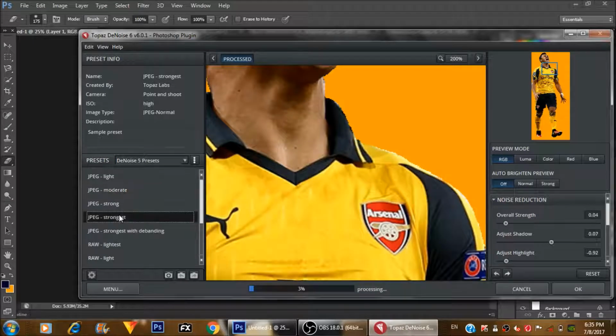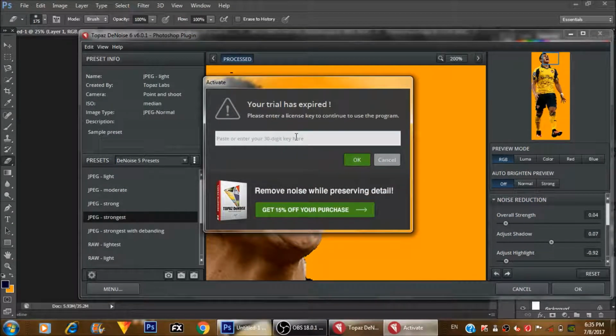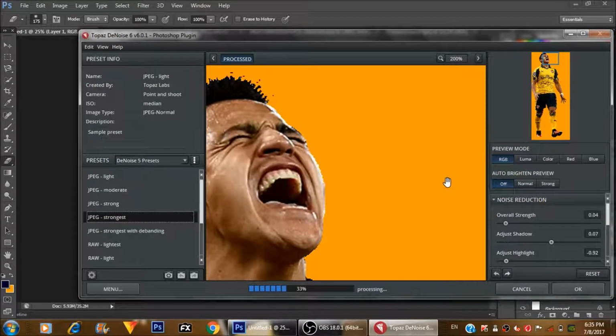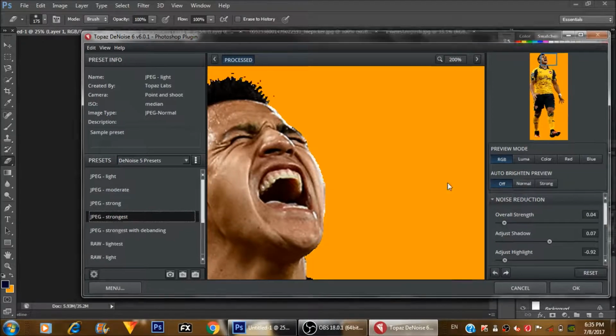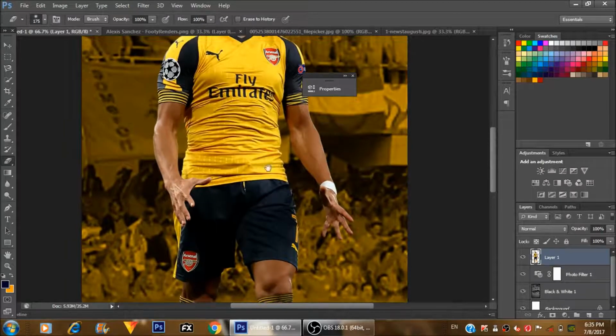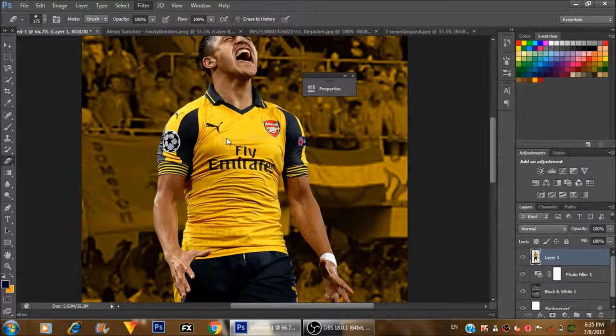We'll go for strongest. That looks good for me, and we'll just enter our Topaz key and we get the image denoised. It's not because it's already noised, but denoised looks good on a picture. That's the only reason why I do that. And now that we have our denoised Alexis Sanchez, we go on to filter, Topaz Labs, Topaz Adjust,